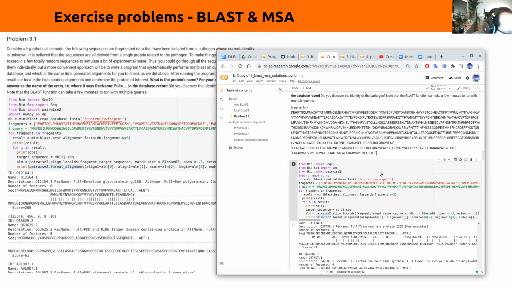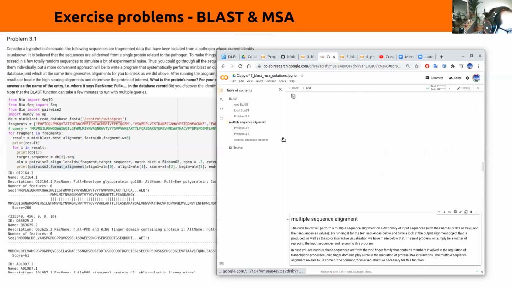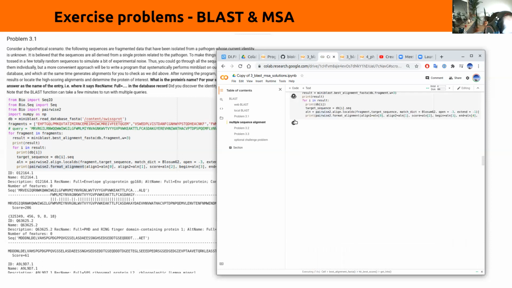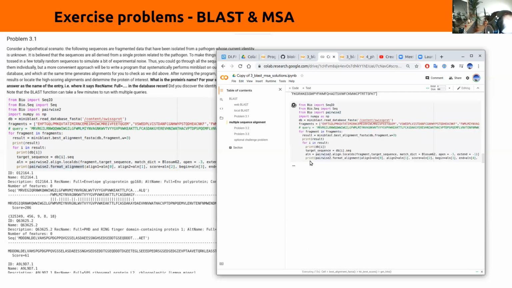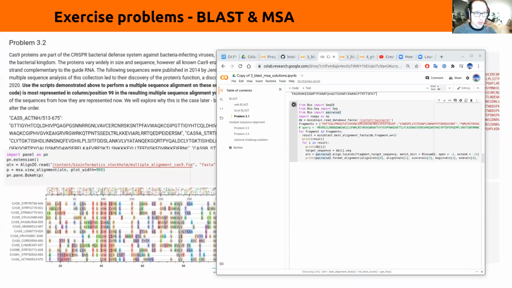and we can see that it does, in fact, take a while for everything to run. And the first hits will start to trickle in. So we'll move on to the next problem in the meantime. So problem 3.2